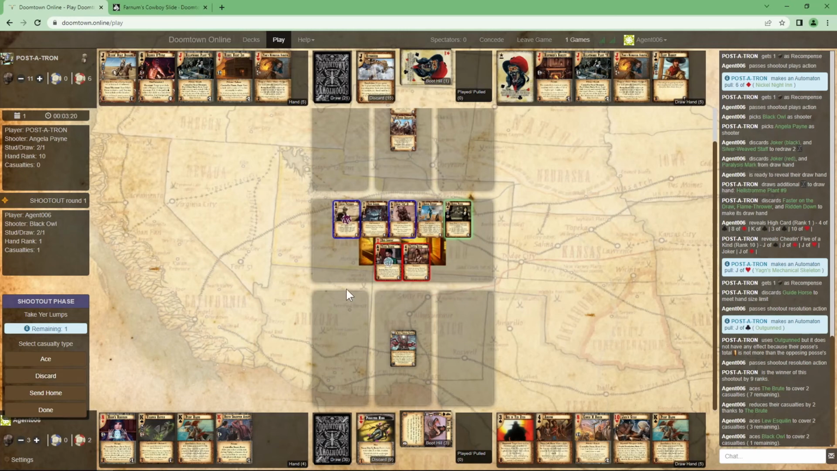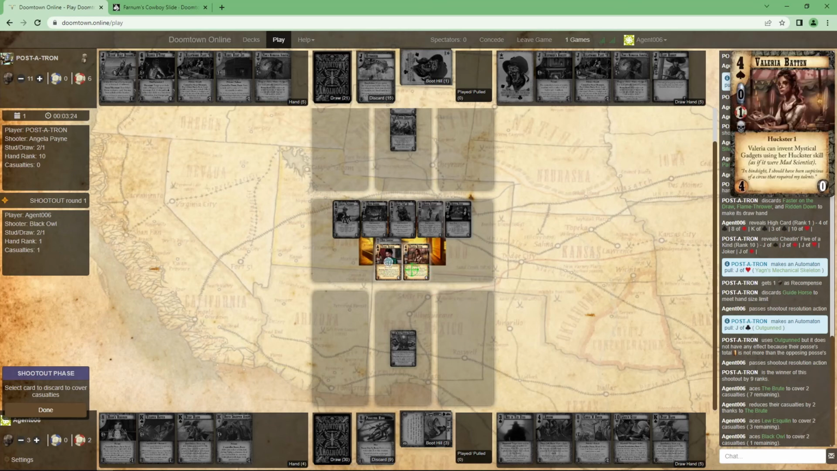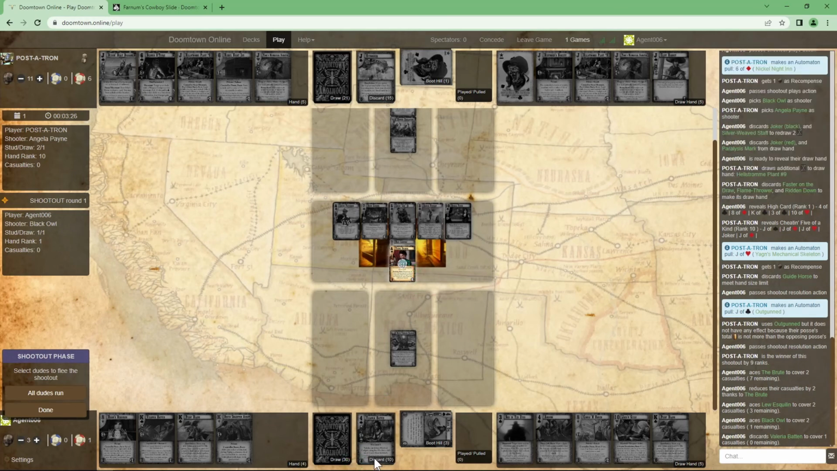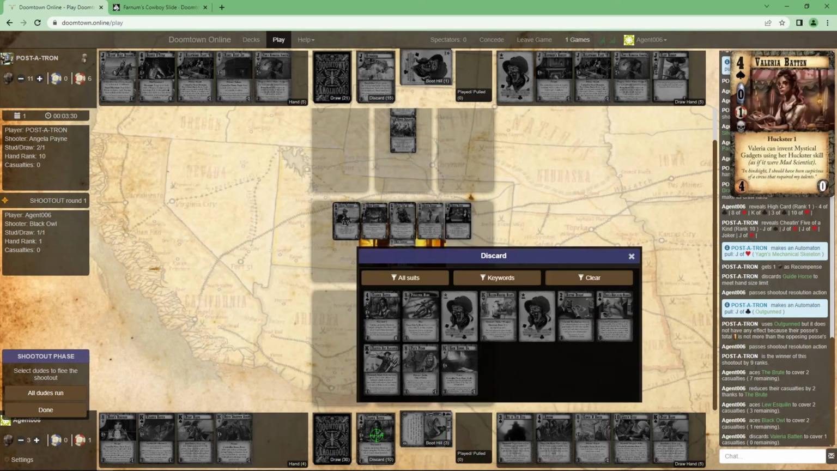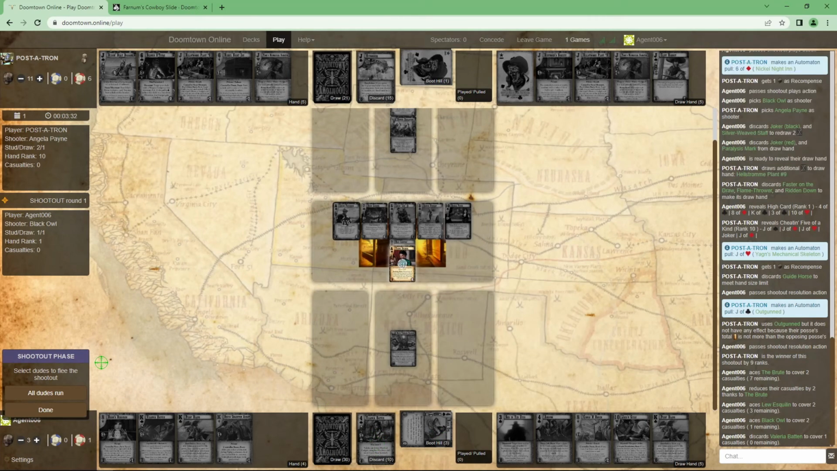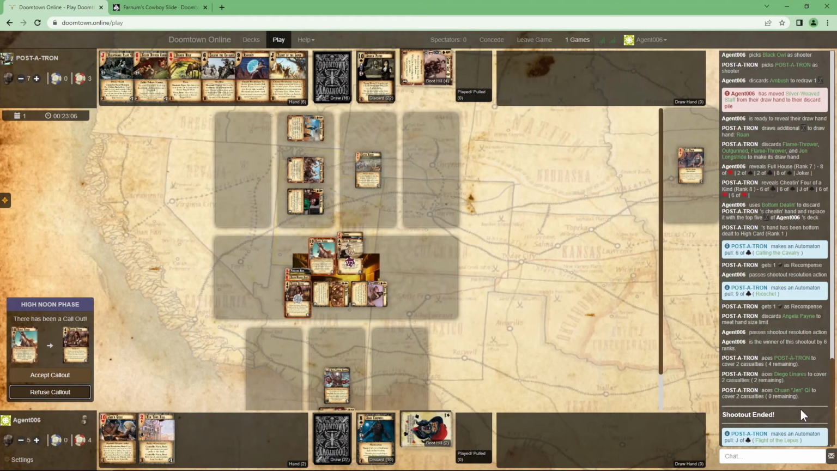One of my dudes in play. So I'm going to pick discard. Choose the guy that I want to go. And that card now gets discarded. So any aced cards are shown out in Boot Hill. And any discarded cards are going to be in the discard pile. And I have the option to fight or flee. I'm going to go ahead and hit all dudes run. And that's taking casualties. So the shootout ended now, and then it goes back to my opponent,